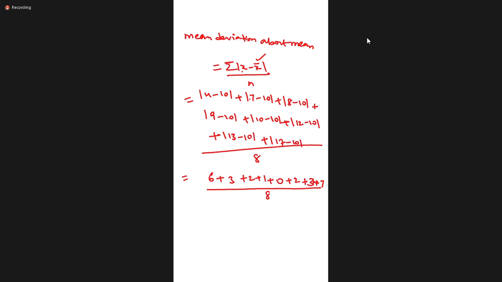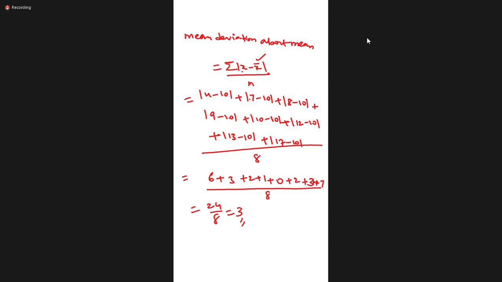Sir, was that question not completed? It is the same question we are doing, not a separate question. It is still a continuation. Sir, is it 24 by 8? 34 or 24, check properly. It should be 24, sir. So 24 by 8 is 3. 3 is the answer, this is your answer actually.